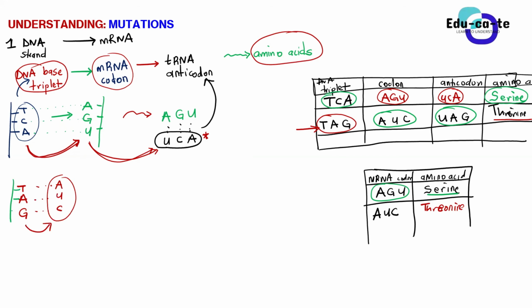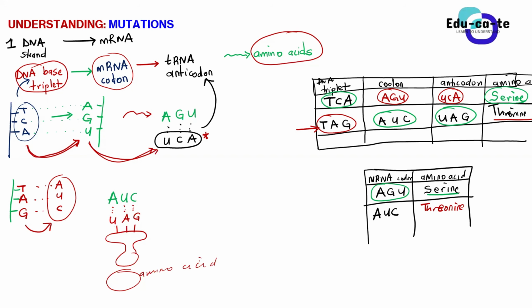When it creates the mRNA codon, it creates a specific codon which is AUC, and this specific codon AUC will never match with anything else besides an anticodon that is complementary to it, whereby A will be complementary to U on the tRNA anticodon, U will be complementary to A, and C will be complementary to G. So this is the anticodon that we will have on our tRNA molecule. And that tRNA molecule will be carrying a particular amino acid. Do you guys get the sense?